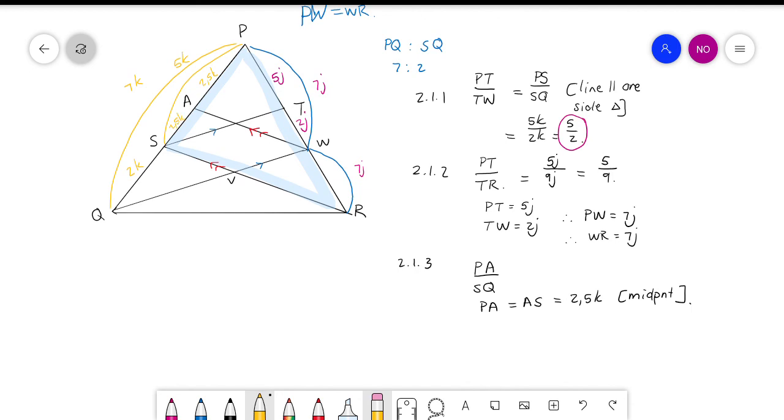Okay. So, het ons nou al daai waardes in terme van K, or in terms of just one variable? Yes, because we can see that PA over SQ in terms of K will be 2,5K over 2K, which is 5 over 4. I only used one theorem there. I only used the midpoint theorem. So ek hoef net daai een rede daar neer te skryf.